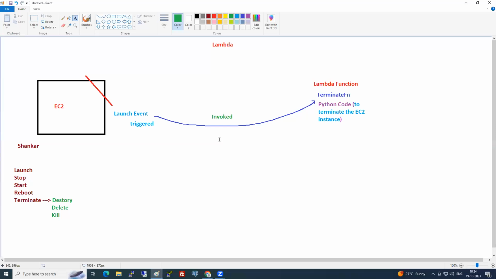terminates the EC2 instance. So can we say Lambda is used for automation purposes? Lambda is purely used for automation. Is Lambda server-based or serverless? Lambda is serverless.